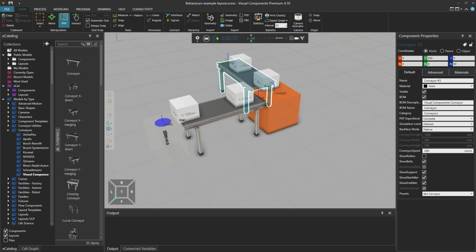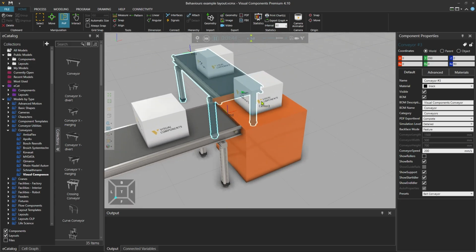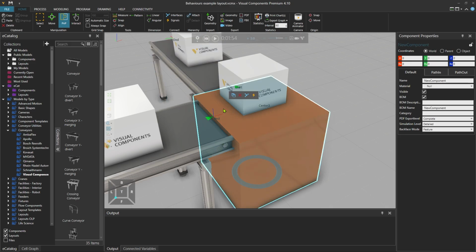Okay, so the products move, but this is not a turntable yet. However, as dynamic components are always contained or owned by someone, in this example, and we can now pause the simulation, the dynamic components enter the component through an interface, visualized as a yellow or green arrow in the 3D world. That interface behavior is connected externally to another component.